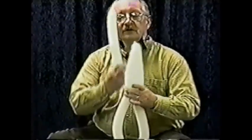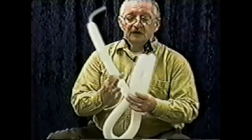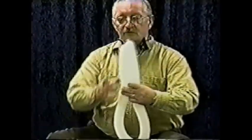Taking two 260s, white, filling one completely all the way full. You could use 160s, I'm sure that'd be good. Might even do that to show it toward the end of the tape. But taking one and filling it all the way full and burping it so it's soft, I take that one,